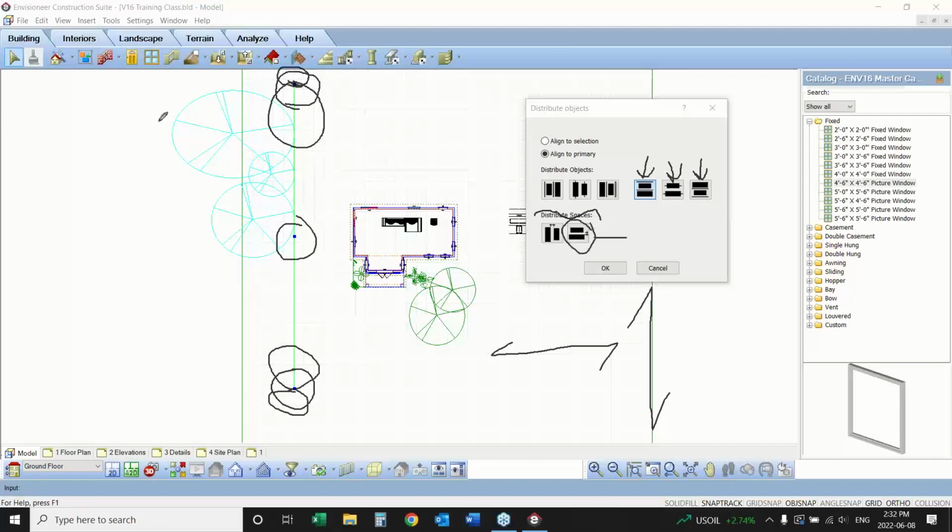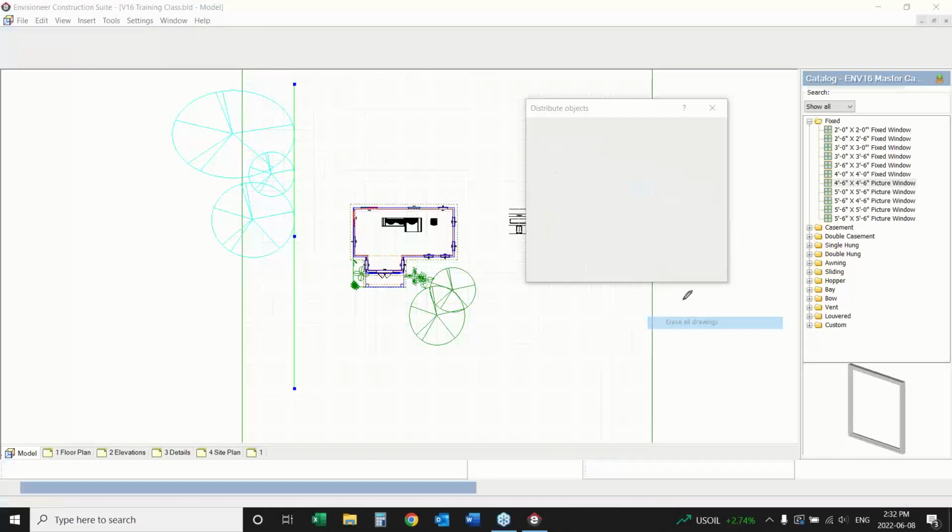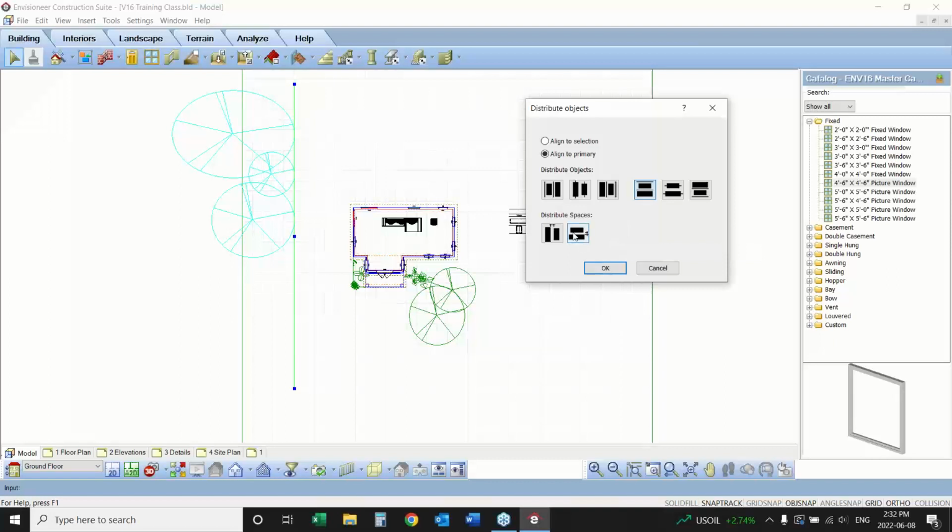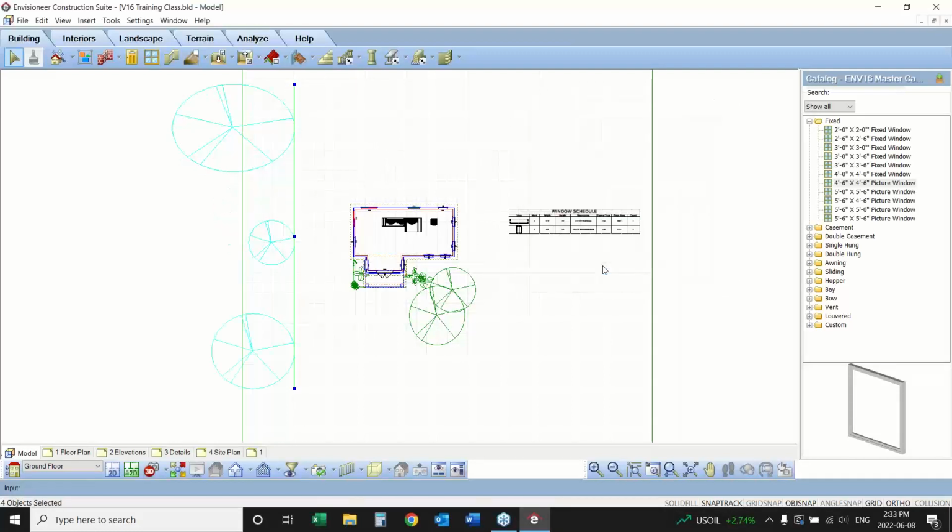So we could say evenly distribute them. So what that means is that it will distribute itself evenly along that line. We'll use that one as our first example so you can see how that's going to happen. So aligning to the primary, align these three trees to this primary object, the line, and evenly space them. Okay, so they're evenly spaced along that line, not going over it, but aligned to it. Okay, I can edit, undo, select them again,